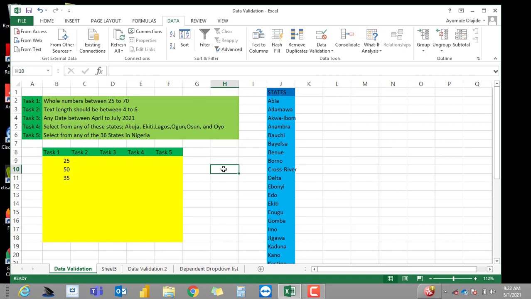I selected cells B9 to B17. B18 was not selected when I wanted to validate. If I type in anything, it's going to accept it, because when I was selecting, I only selected cells B9 to B17. Let me delete this. Now moving to task 2,